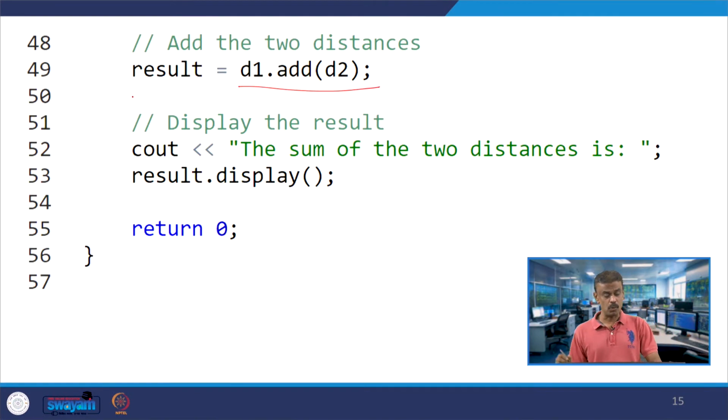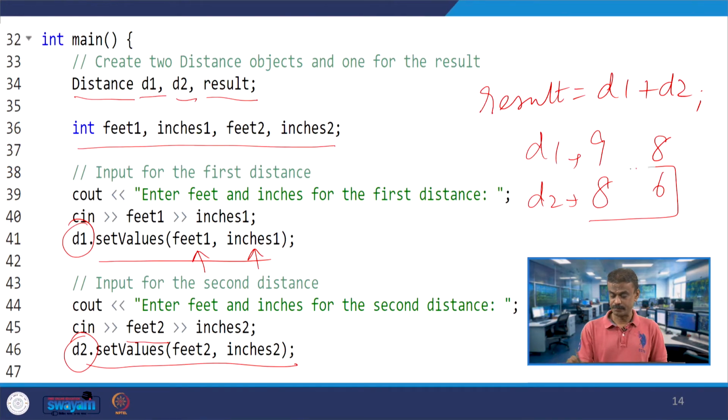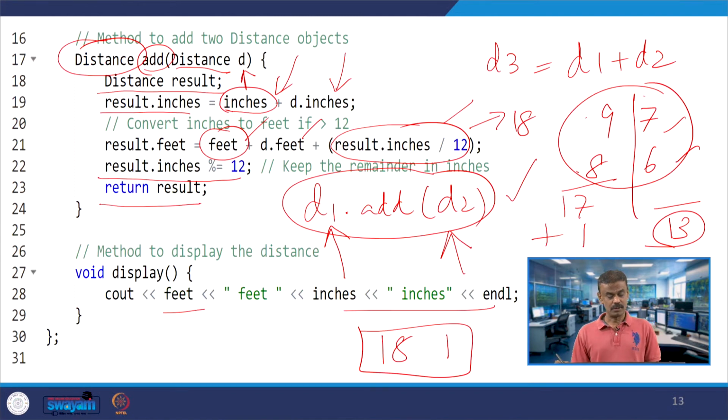Now what is happening: D1 is invoking the member function add by passing D2. That means you are passing 8 and 6. So here D.feet is 8 and D.inches is 6, 8 and 6.